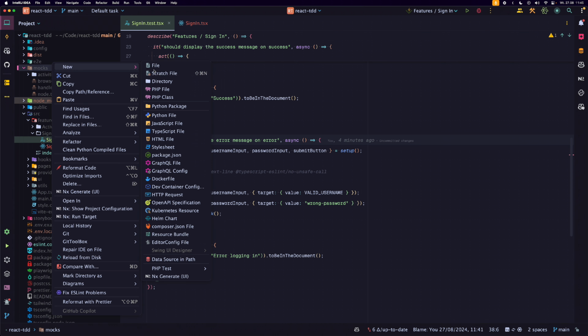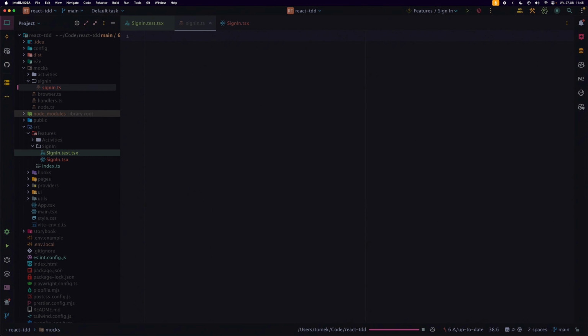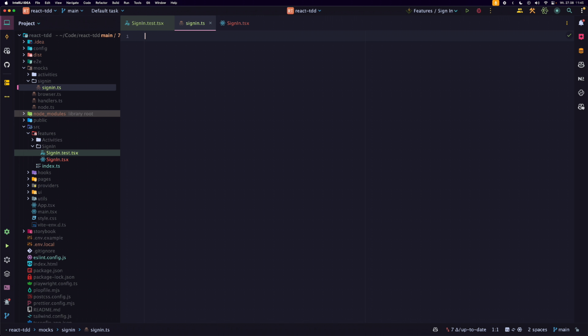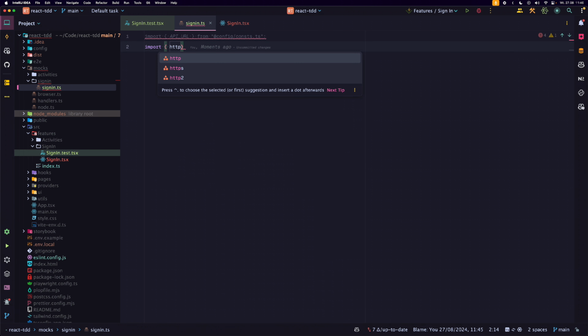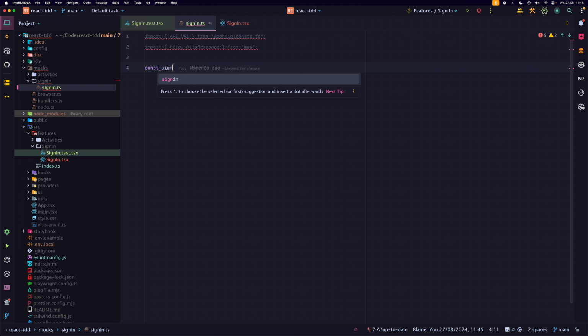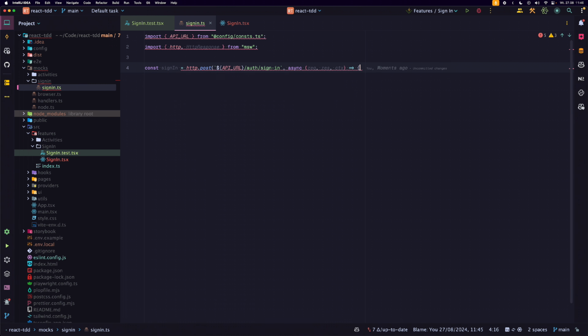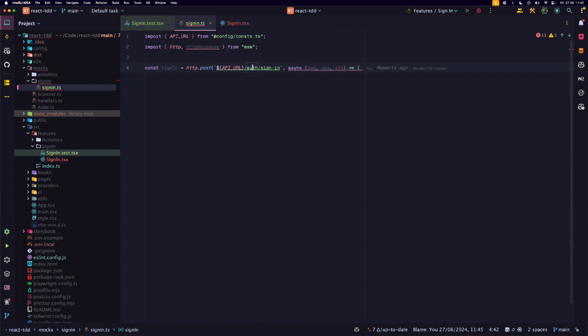So in here, we just create signIn slash signIn.ts in the mocks. And what we want is API URL. And what we want from MSW is http and HttpResponse. Good. So sign in will be what? Post auth sign in. Hold on. This is me hard coding stuff, biting me in the ass yet again. So I think, and it what request,